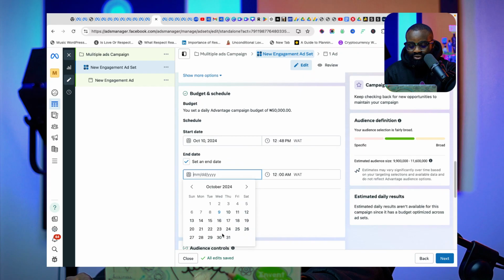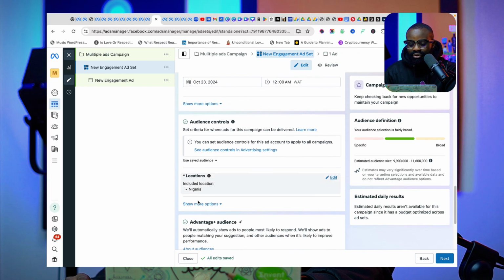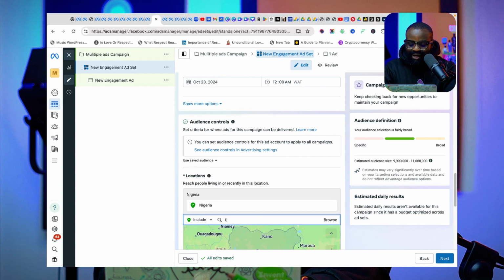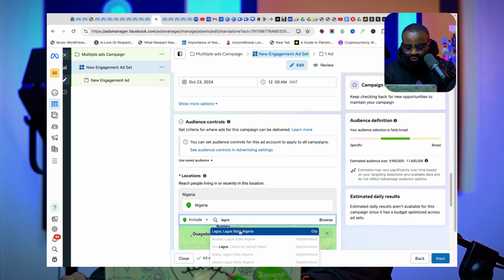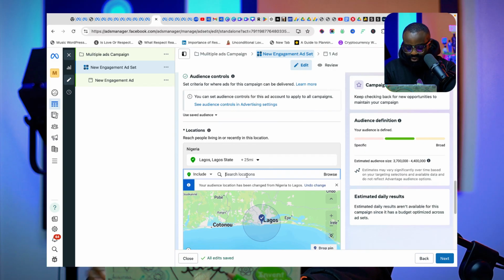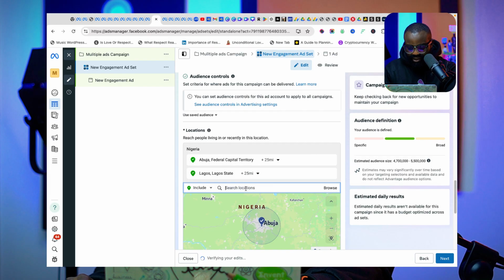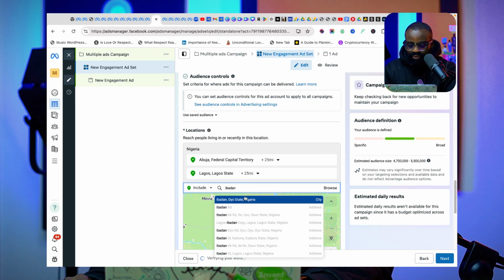Let's say this advert is going to be for 3 weeks. So I've done that already. Then I'm going to come to the location, basically just trying to set up my advert the normal way I would do, right? So I'm going to just click this, and then I'm going to put in the 3 locations I want.